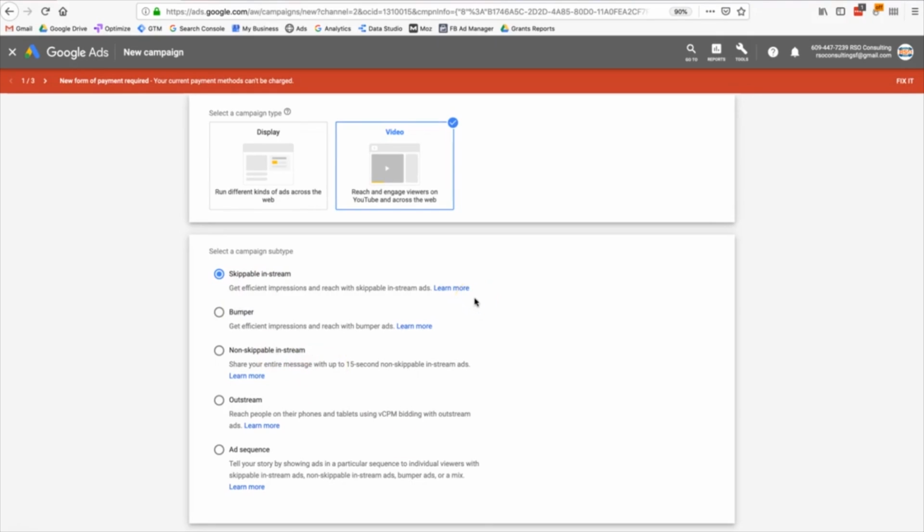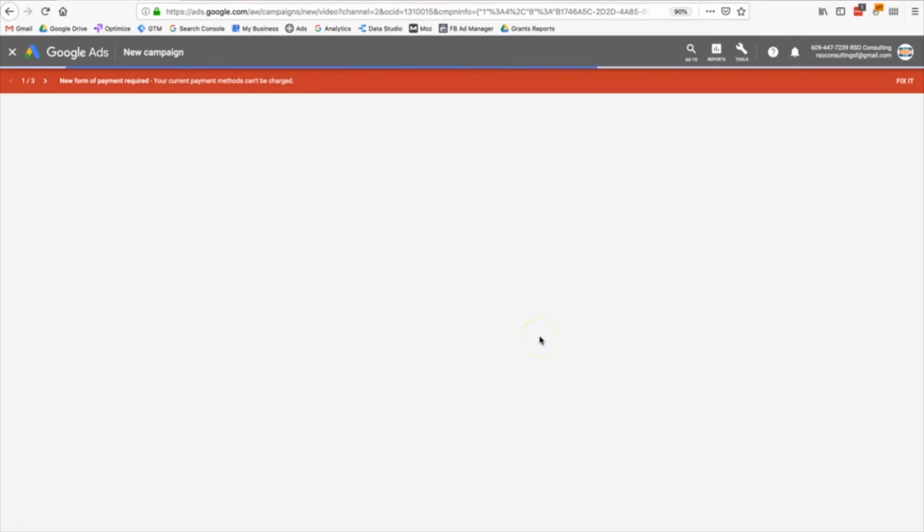So the difference being that if it's non-skippable, somebody has to watch the entirety, up to 15 seconds. Okay, so we have our outstream, which is basically our viewable CPM model. So we're going to go ahead and check one of these campaign types or ad types. We're going to click continue, and then once we do that, we're going to get prompted to move forward